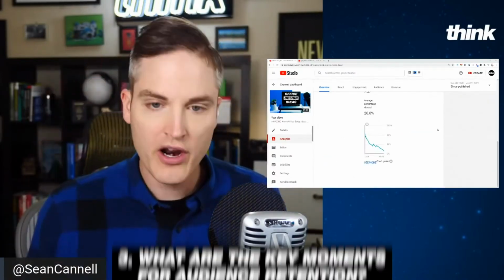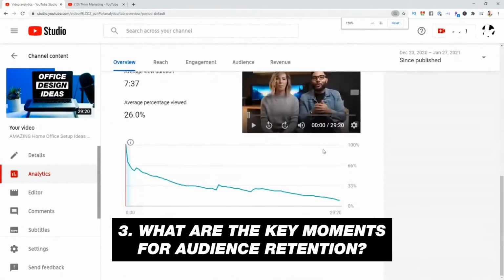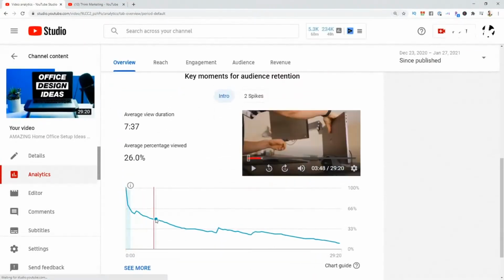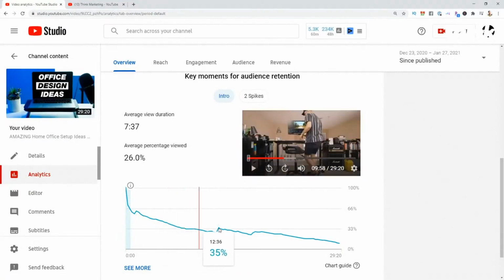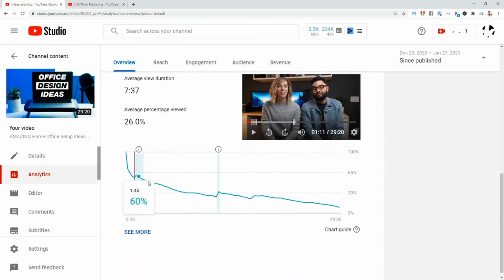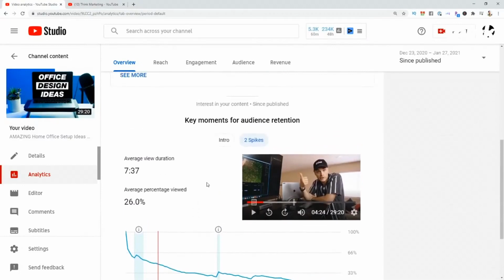Number three, what are the key moments for audience retention? Now, this is a very powerful graph that actually shows where the content is maybe losing attention. If it's holding attention, it shows you spikes. Notice this, it says 2 spikes. So these 2 spikes right here are probably people scrolling through, because what this video ultimately is, is a compilation of